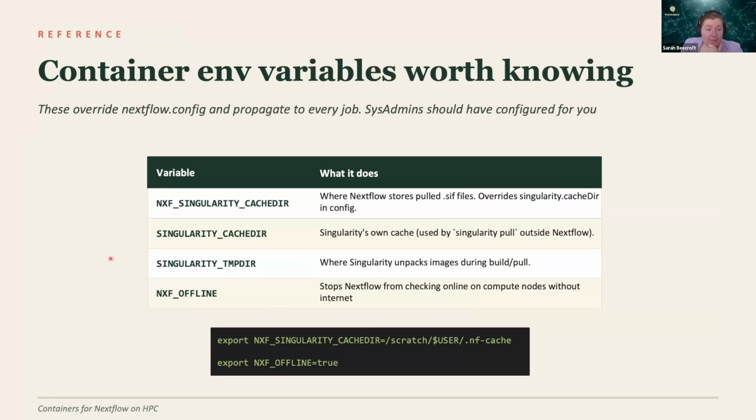There's also some environment variables that are worth knowing. You might not need to override these. A good sysadmin should have configured these things for you, but sometimes you want or need to do something different, and so you can set these. If you want to change where Singularity pulls all the CIF files and caches them, that's this variable. There's also Singularity's own cache, which is separate to the Nextflow cache. When Singularity is pulling images, it writes all these bits and pieces to this cache directory,